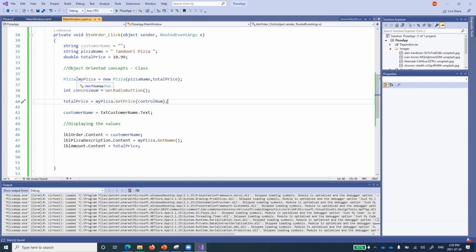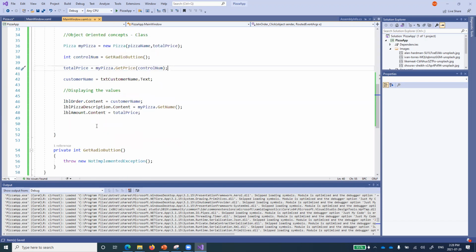It first created the class for me, then it asked me and created the constructor for me. Then I defined a control number just to know which pizza has been selected, and I called the get radio button method. Since I'm not using it yet in my pizza class, it's something that I want to define in this class, and when I created it, it came over here.